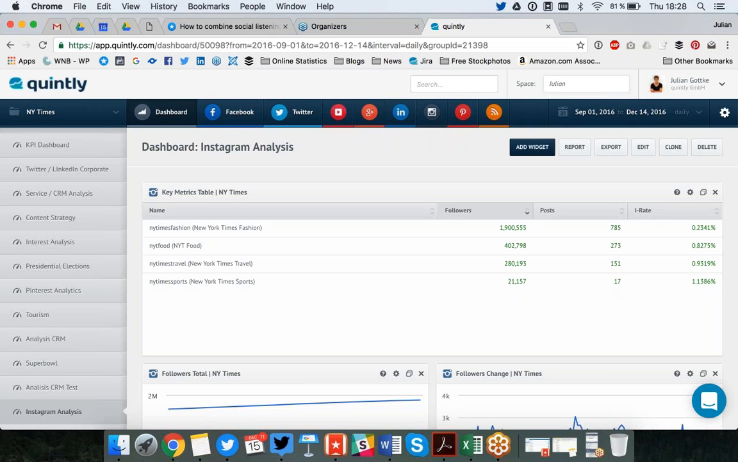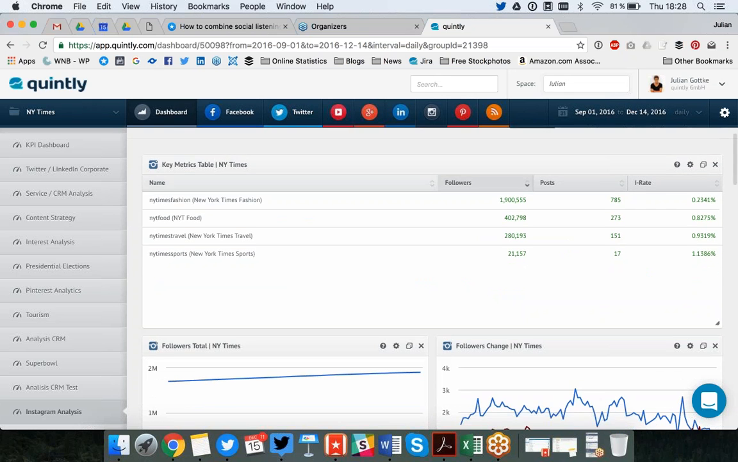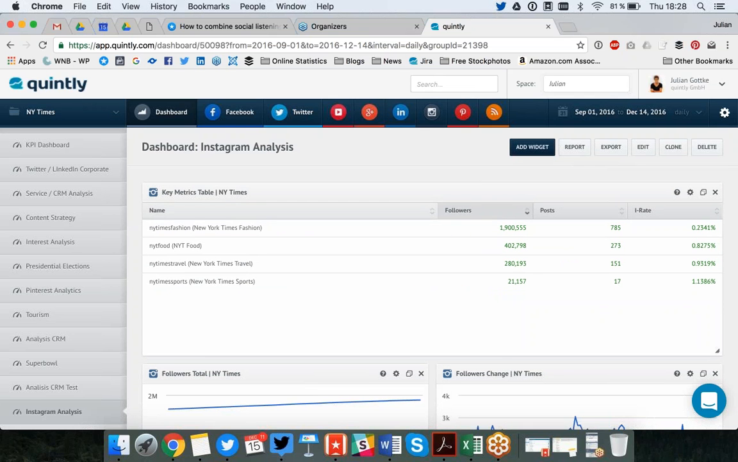So this is a dashboard. What you see here in the main field is a dashboard, and you normally start with an empty canvas, so there are no widgets on it. It's completely empty, and you are the driver of all this, and you can choose all the metrics you want to pick. I always like to start with a bird's eye view, so I take the key metrics table where all the key metrics are in. So you can see it here. New York Times Fashion, for example,